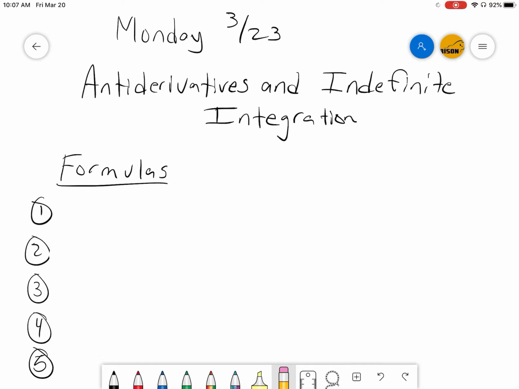So I'm going to take you through this. As you can tell from the title, antiderivatives. Basically, we're going to be undoing the derivatives that we may have already done. It's just going to follow a similar structure to what we have been doing. Just like before, we're going to have some formulas and then we're going to apply them to some problems. So one of our first formulas is going to be the integral,